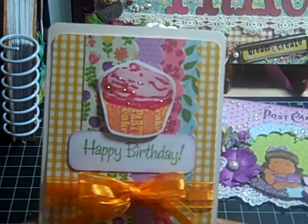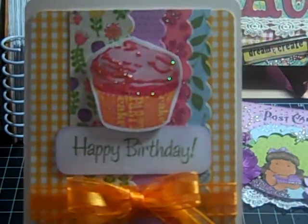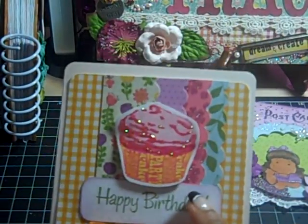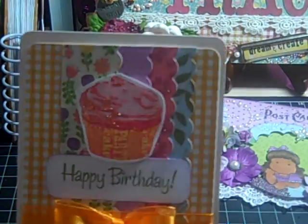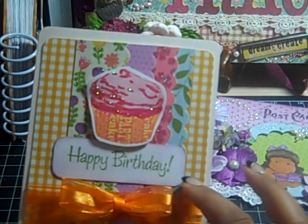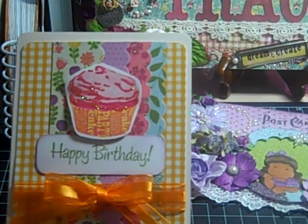And the paper I used was from the Flower Shower stack, and I wanted to use up some of the scraps I had. So I just made a mat, and then I cut strips of the scraps, and then I used my scallop punch there. Okay. Then I used this stamp set from, I think it's Studio G, one of the dollar stamps I got